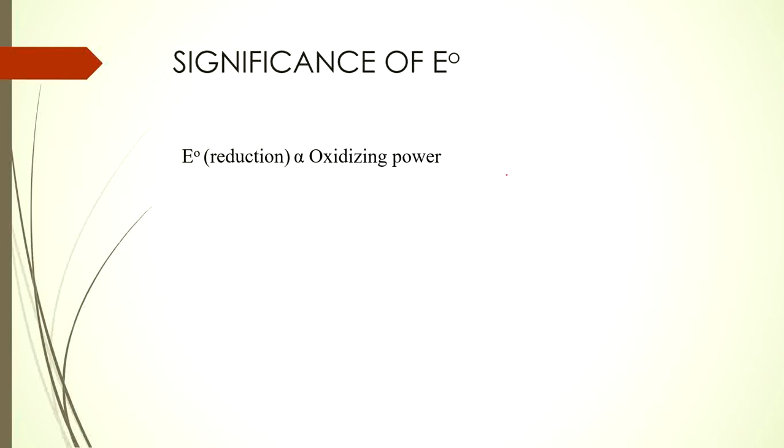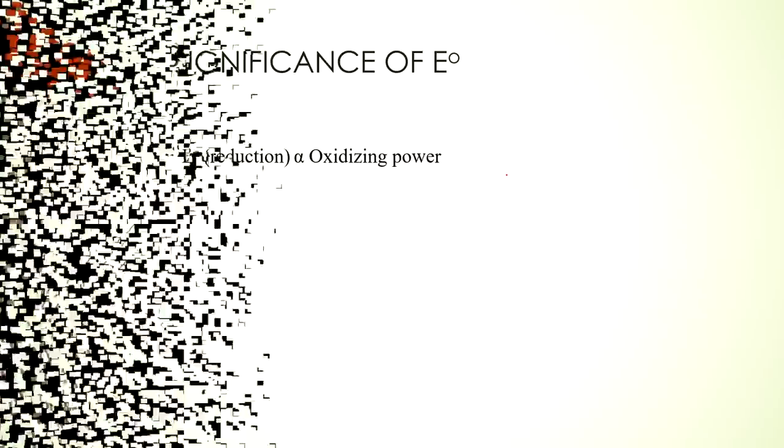And last we will just take care about the significance of E0. E0, the reduction potential, is directly proportional to the oxidizing power. So if a pair is having a greater reduction potential value, then you can say that we will have a greater oxidizing power also. মানে greater reduction potential যদি হয় তাহলে সেখানে greater oxidizing power হবে। যার reduction potential যত বেশি হবে তার oxidizing power অথবা অন্যকে অক্সিডাইজ করার ক্ষমতা তত বেশি হবে।